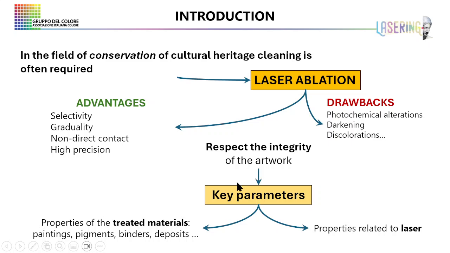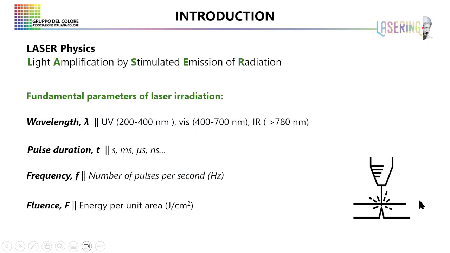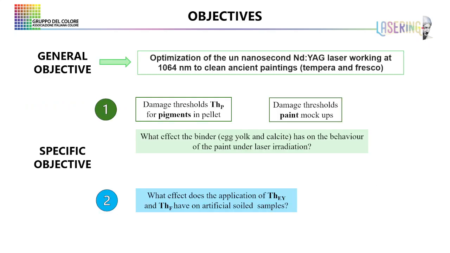could work on some key parameters, considering the properties of the treated materials such as painting pigments, binders, and so on. And on the other hand, we could consider the properties related to the laser. The laser, an acronym that stands for light amplification by stimulated emission of radiation, has some fundamental parameters such as wavelength, pulse duration, frequency, and fluence, which is the energy per unit area, which we are going to consider in this work. So the general objective is the optimization of the nanosecond neodymium YAG laser working at 1064